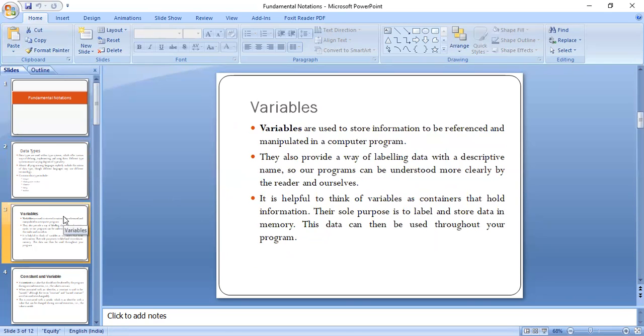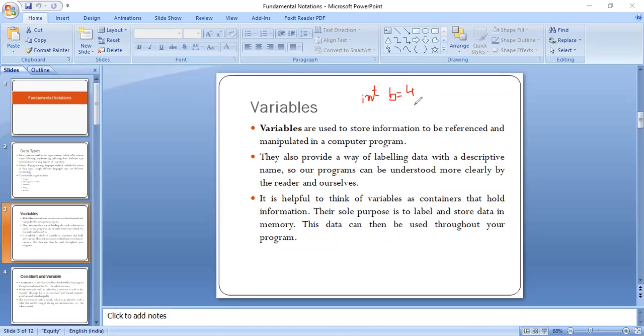Next, moving ahead, we have variables. What are variables? Variables are values which are being stored and which vary over time. When we are processing certain values, their values change under execution. That is termed a variable. They are used to label a particular value, as in if I am saying the value of B is 4, it is of integer type. So integer is the data type, B is the variable and 4 is the constant.